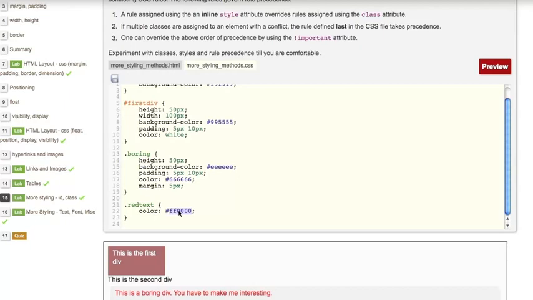This is something that is not recommended. You should not rely on where your class is defined in the CSS, right? You should always have a method which is more foolproof. So as I said in the last case, if you want to override a class attribute, then you use the inline style attribute. However, there is also another way where you can override